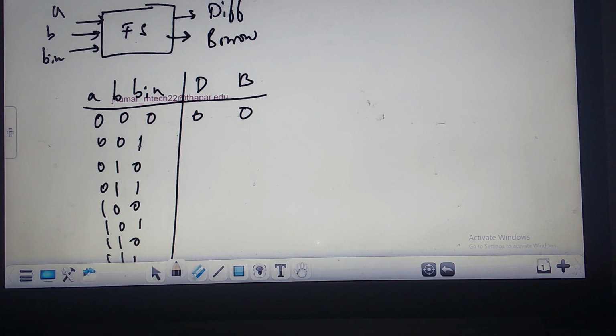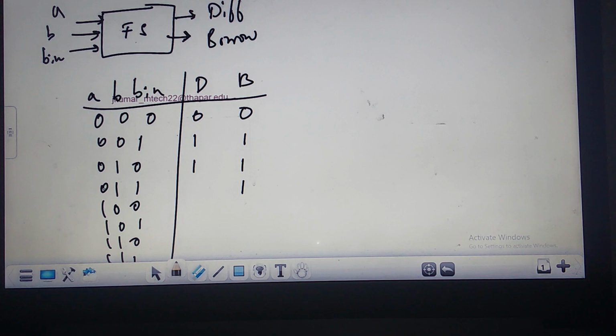Again the result of that will be minus with what? 1. But you can't subtract 0 minus 1. So that you are taking borrow 1. Now this becomes what? 1 0. 1 0 means 2. 2 minus 1 is 1. Here also 0 minus 1 you can't subtract. So you are taking borrow 1. Right? Now when you take the borrow 1, this becomes 2. 1 0 means what? 2. So 2 minus 1 is what? 1. 1 minus 0 is nothing but what? 1. You understand? This is what? 0. You can't subtract 0 minus 1. So that borrow is 1.